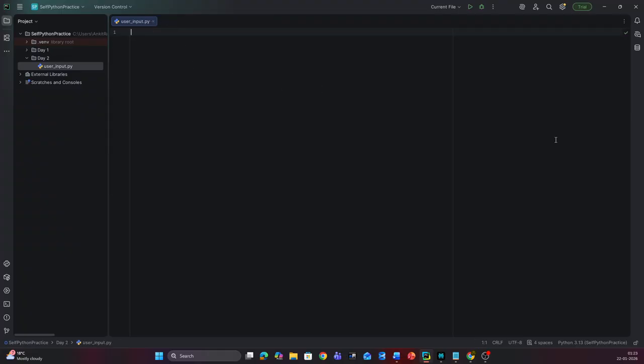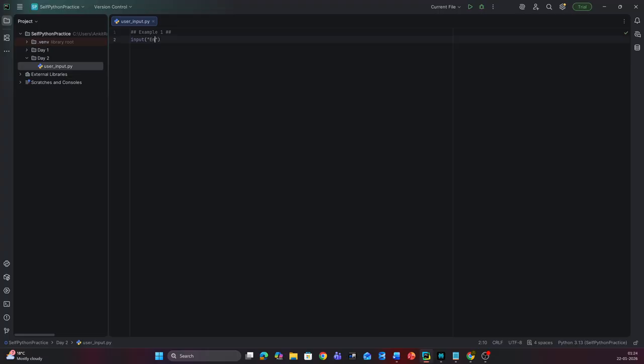Cool. So let us start with a simple example. Let's say we are taking a user's first name and last name as an input. So the code will look like this: